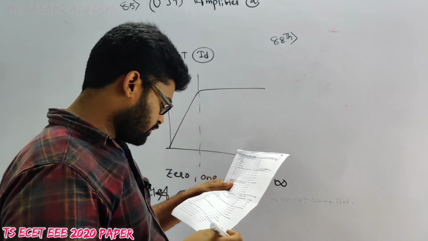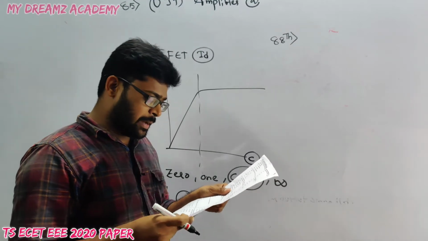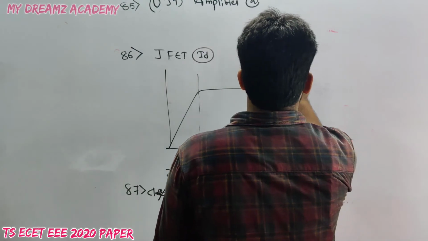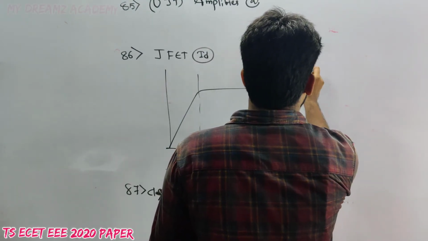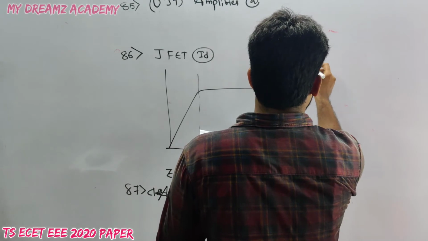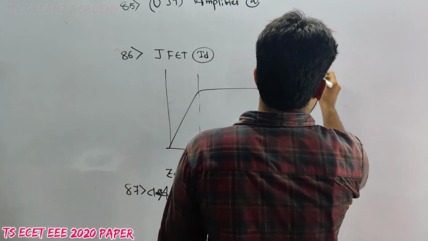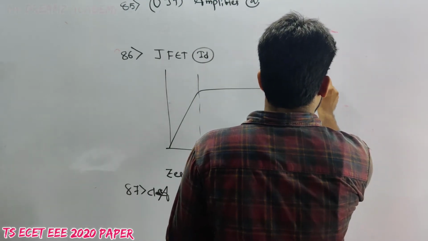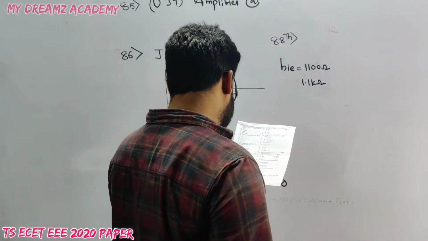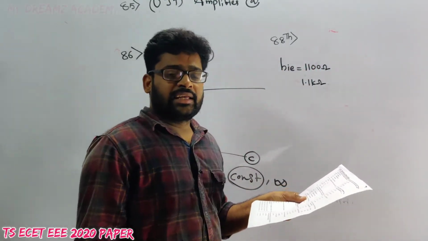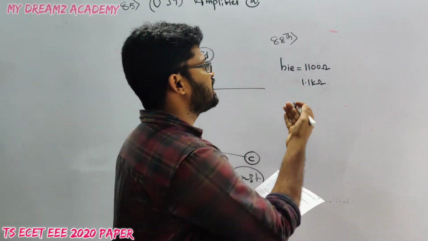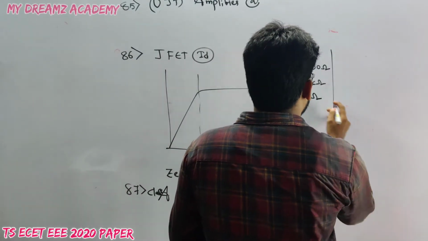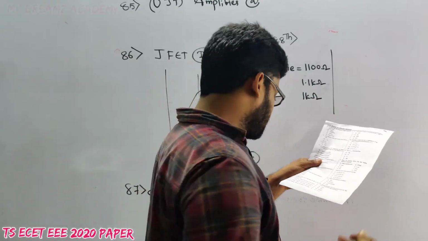that is the typical values of h parameters for BJT in common emitter configuration. hie, input impedance, will be nearly 1100 ohms, that is 1.1 kilo ohms, but in the options it is given whether it will be 10 kilo ohm or 1 kilo ohm. So it is near to 1 kilo ohm, so 1 kilo ohm is correct. This is about input impedance. And the next one,